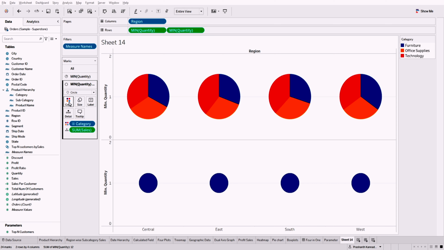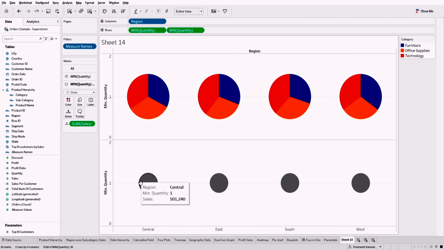In that, go to color and change the color to edit color. Change the color. The min quantity, eliminate the color part from that, so that it becomes a single color, and select a color